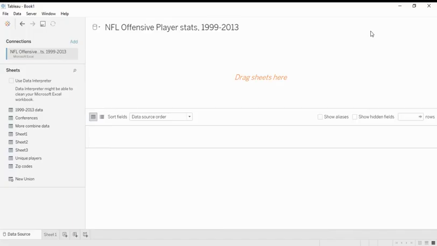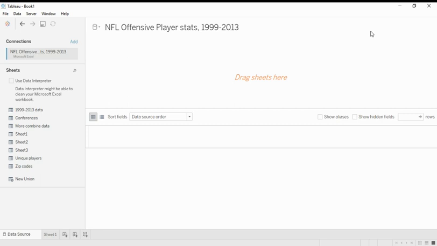Hi everyone. In this video, we'll be learning what is the use of the MID function in Tableau. The MID function returns characters from the middle of a string, specified starting at index position start. The index position of the first character in the string is one. The optional argument length provides the last index position in the string, and the string includes only that number of